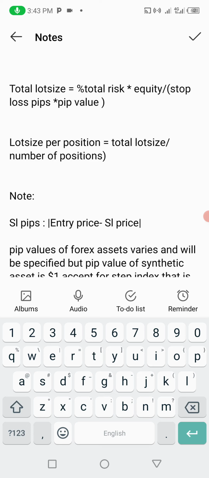The truth is that this will be based on the risk level you are going to be using as well. You can see there is a percentage risk. So you are going to replace this total risk with the discrete risk that you are applying. Okay. I'm going to give you an example on the chart once again.